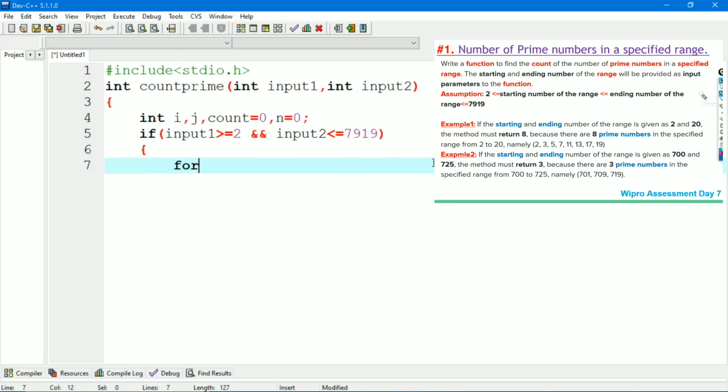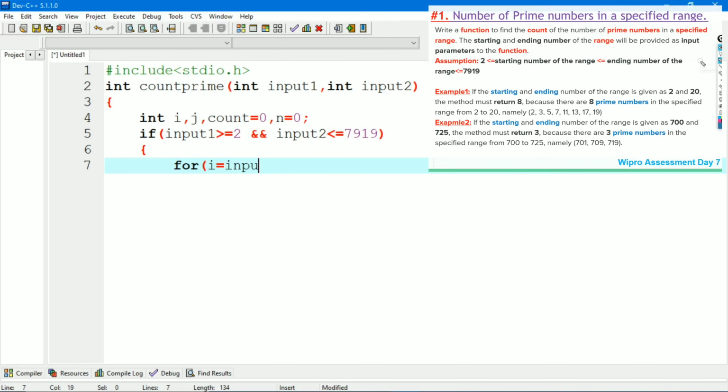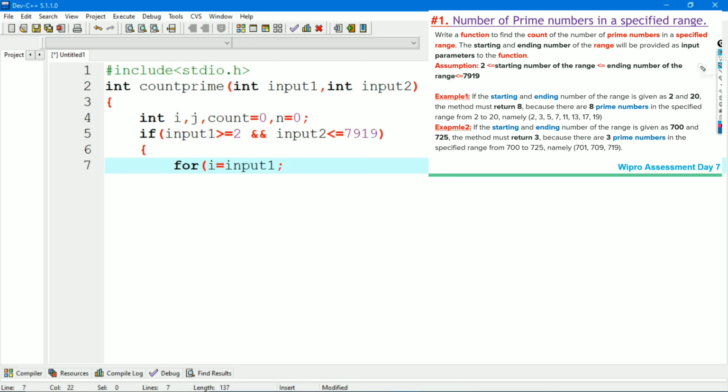After that we will take the for loop for i equal to input1, i less than or equal to input2, i plus plus. After that we will initialize the count value to 0.